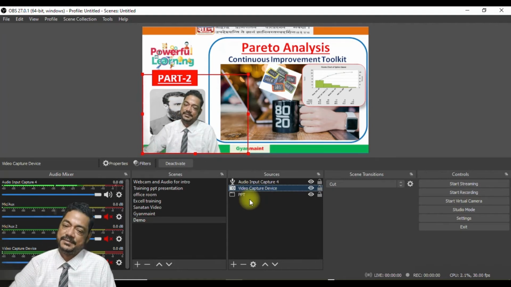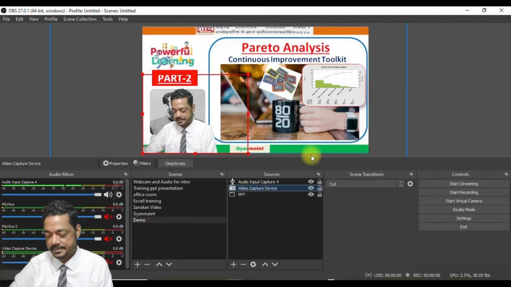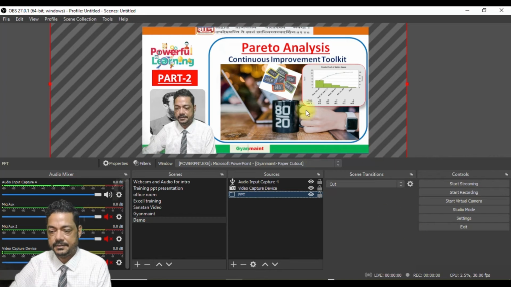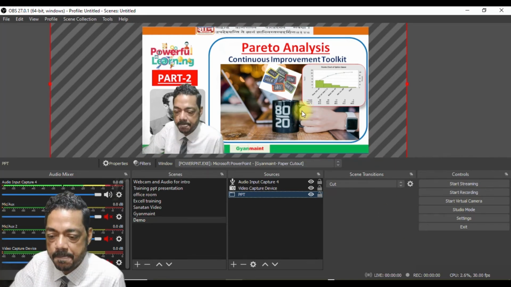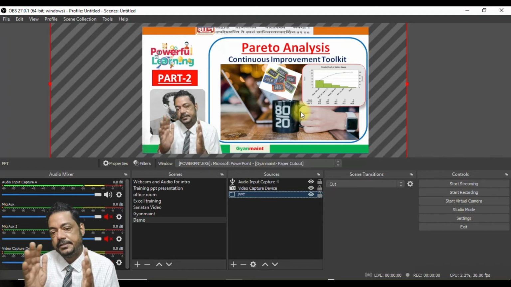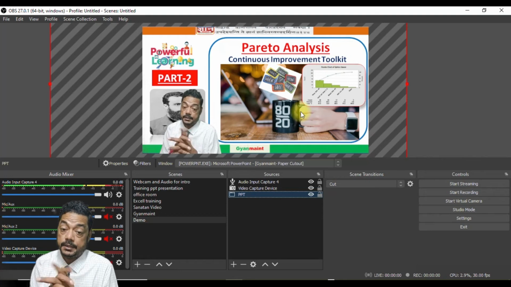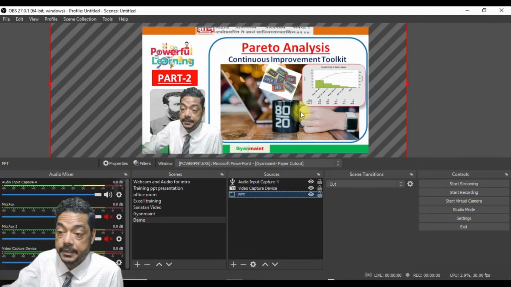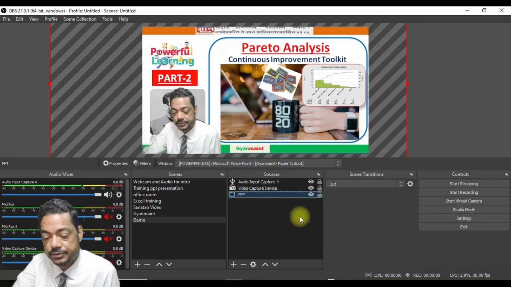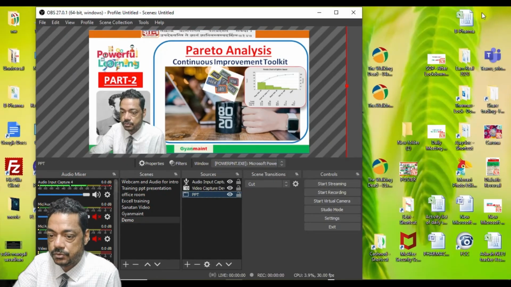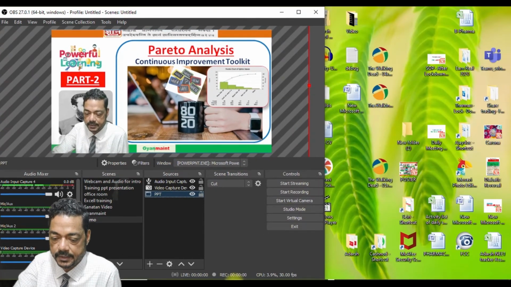Now your PPTs. The issue is that this is in one screen only, so you are not able to see the PPT. What you can do is reduce this size.